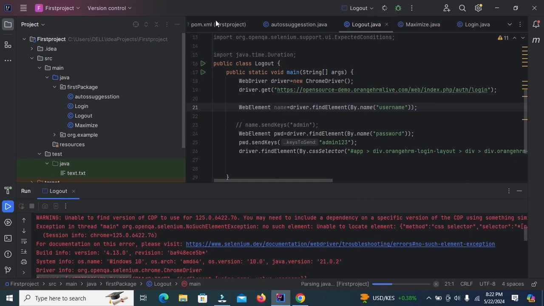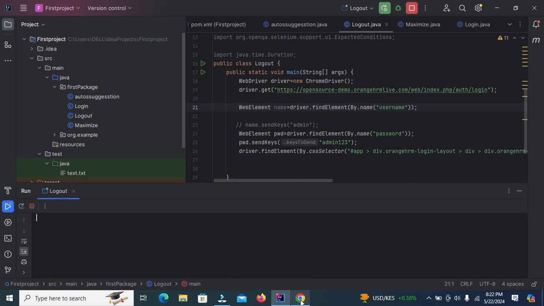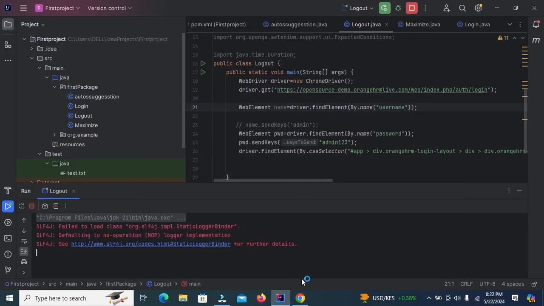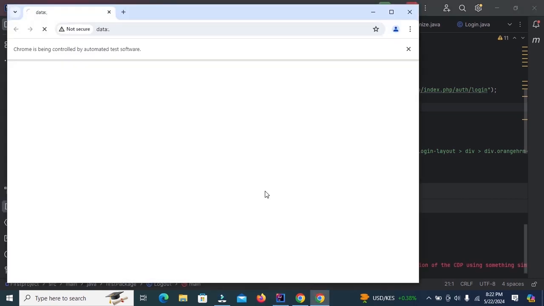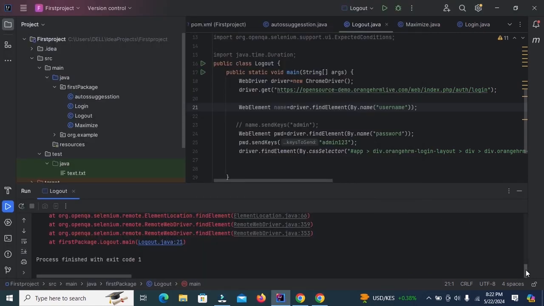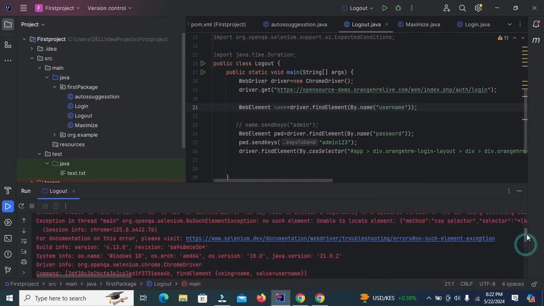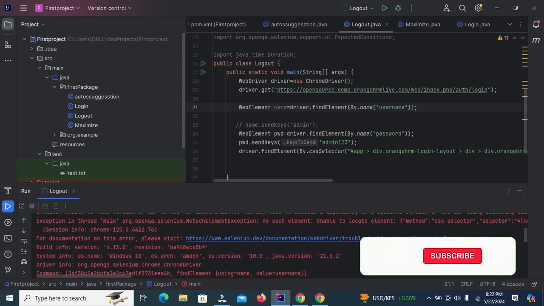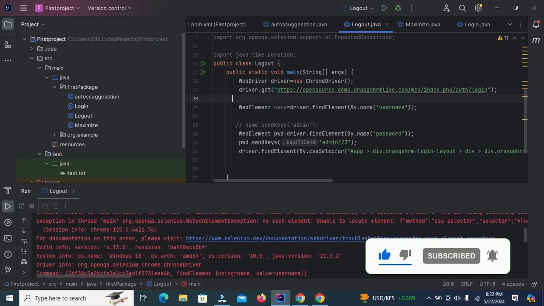When running this script, the error message "unable to locate element" is showing. Here the message "no such element" and "unable to locate element" is showing in the console. We need to add the explicit wait